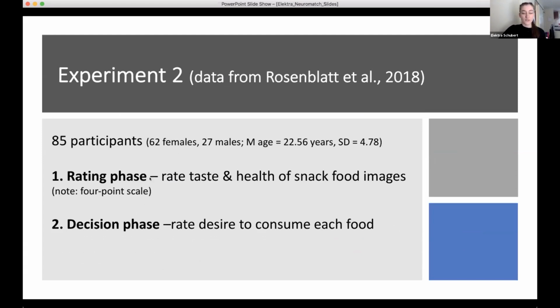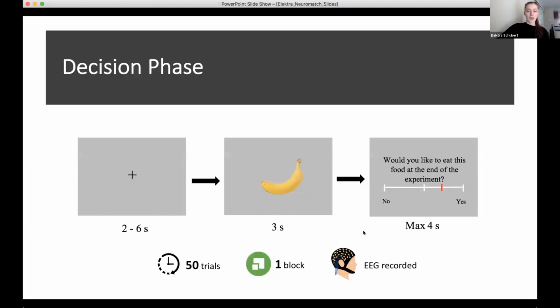The first of these was a rating phase where they just rated the taste and health of a series of snack food images. And then in the decision phase, they viewed a subset of these same images and they rated how much they wanted to consume each food instead. And this is what each trial in the decision phase looked like. So they would view the food image for 3 seconds, and then they would rate on a sliding scale similar to the one used in experiment 1, how much they wanted to eat each food at the end of the experiment. And there were 50 trials in this stage, and it all occurred in one block, while EEG was again